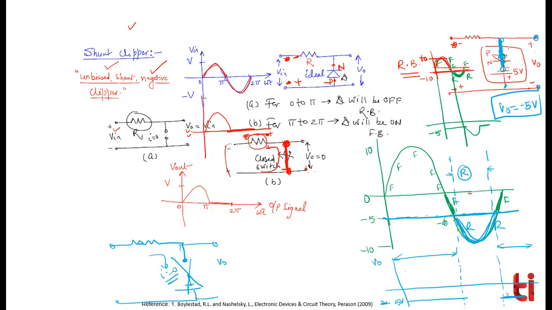If I becomes 0, the output becomes the same as the input. Whatever the input is, that is your output. So when the diode is in reverse bias, what is the input? The input is this one. Where is it going? It is going from -5 to 10. So -5 to 10, the output is the same as the input. Now is it clear or not?